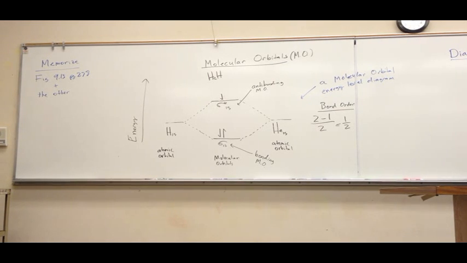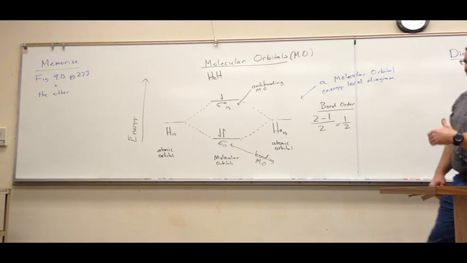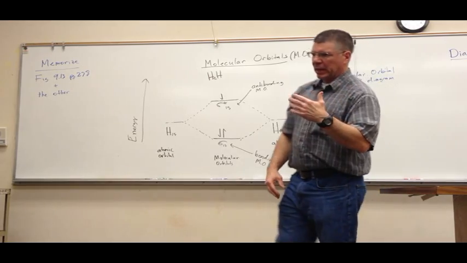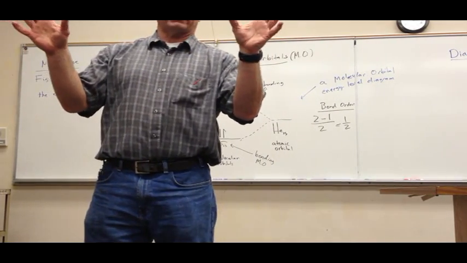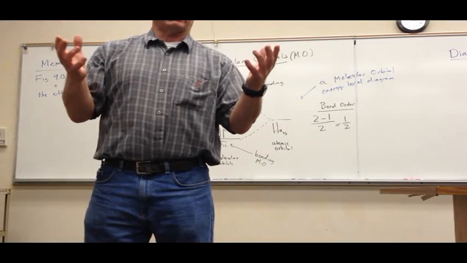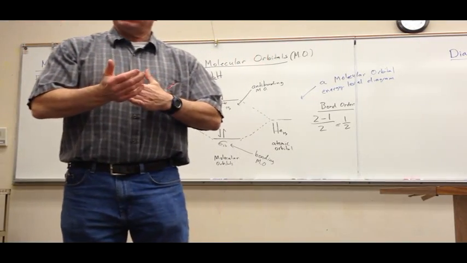If the molecule, or any species, is diamagnetic, then all of the electrons are paired up. There's 2 in every orbital. And what happens is when you put that species, that molecule or that atom, into an external magnetic field, 2 poles of a big magnet, it's slightly repelled by that magnetic field. What's going on here is that